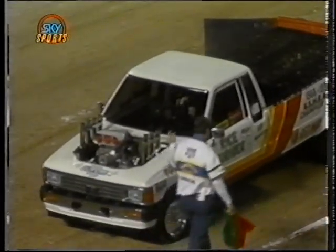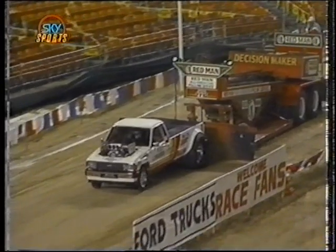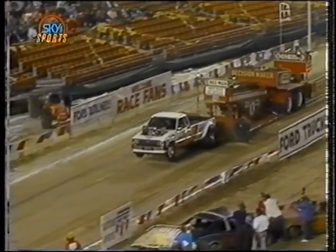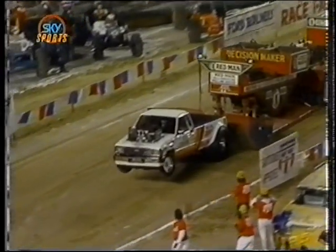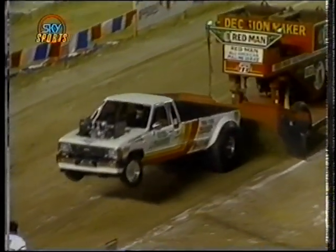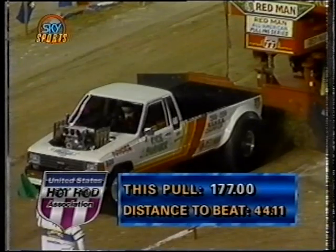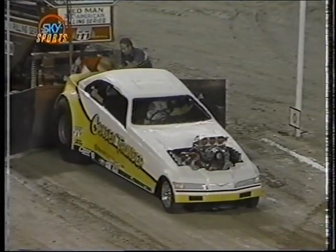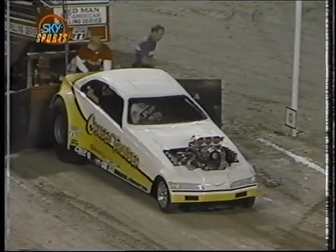Not a great pull, but it's enough to get the lead, and we'll see how it stands up for Romsberg's Rice Burner. It's coming in just short of 200 feet, 177 feet even. As you can see at the end, there just wasn't anything left. No big problems for the Rice Burner, just not enough horsepower on this day in San Diego. 177 even for Romsberg. Well, that's now the distance to beat as John Heilman brings up the Golden Thunder Ford